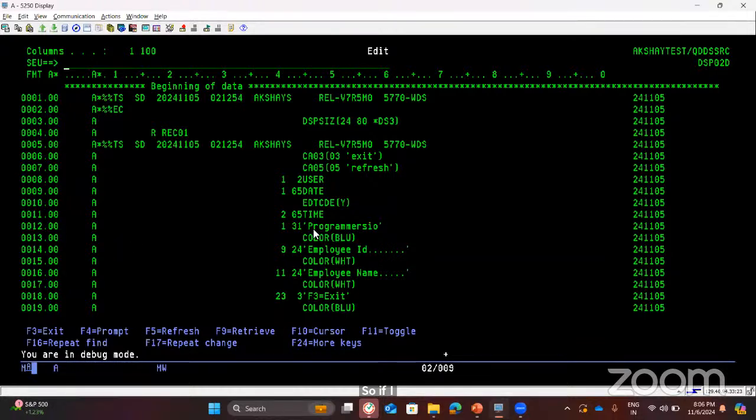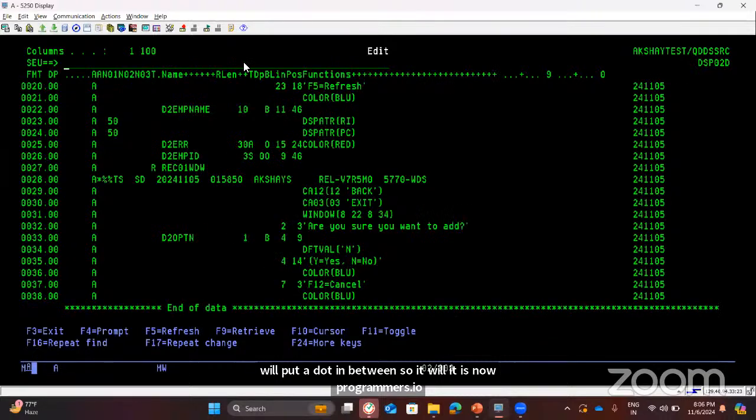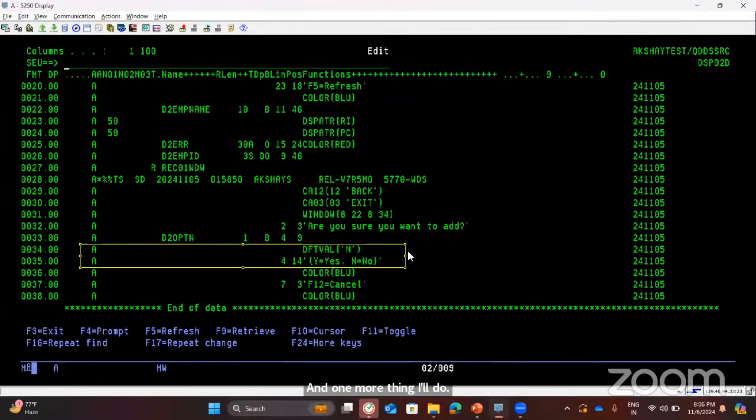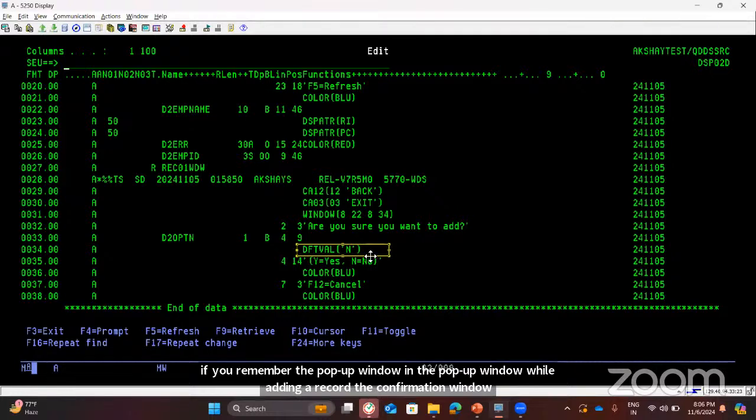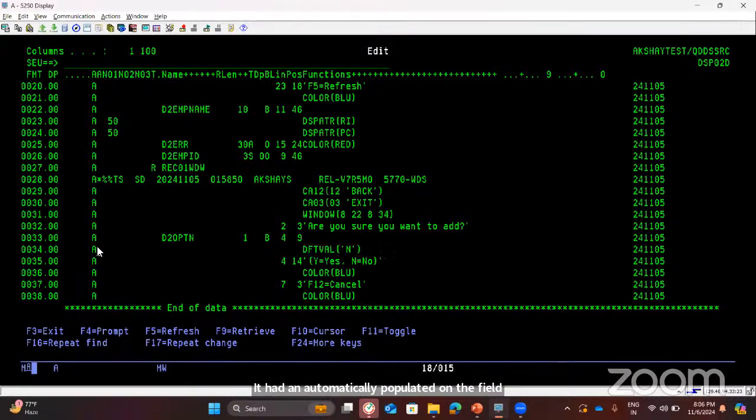this is the heading which was used in the program. I will put a dot in between, so it is now programmers.io. And one more thing I'll do, this is a keyword DFTVAL. This D2 option will have a default value as n. If you remember the pop-up window, while adding a record, the confirmation window had n automatically populated on the field. So either I can remove this or I can comment this like this, and